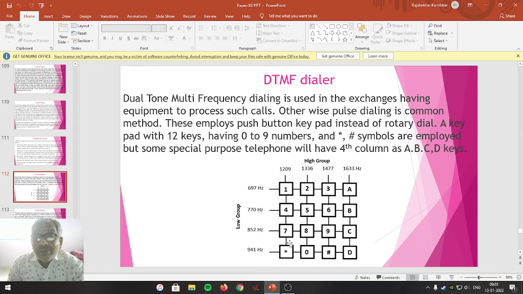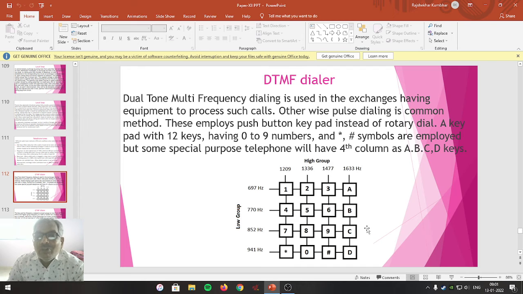Thus we can say, a keypad containing 0 to 9 numbers, star, hash and alphanumerics associated with high group frequency to the rows, lower group frequency to the columns is known as the DTMF dialing system.